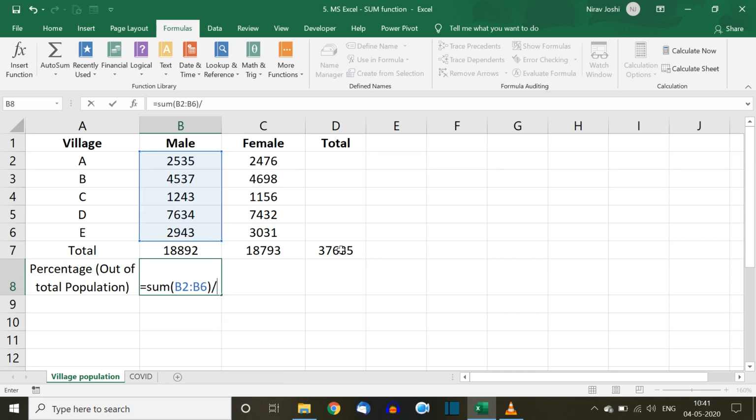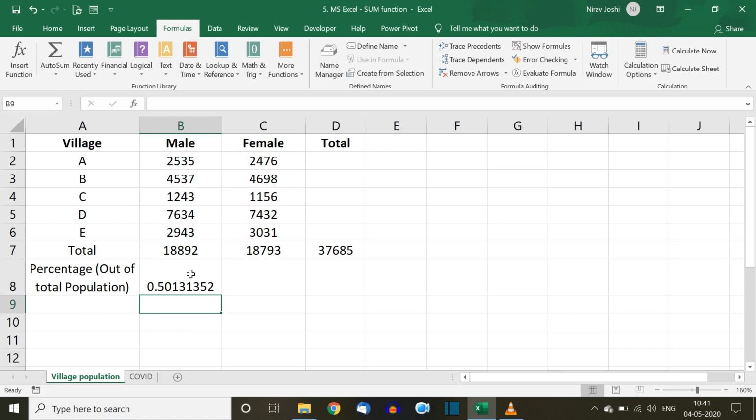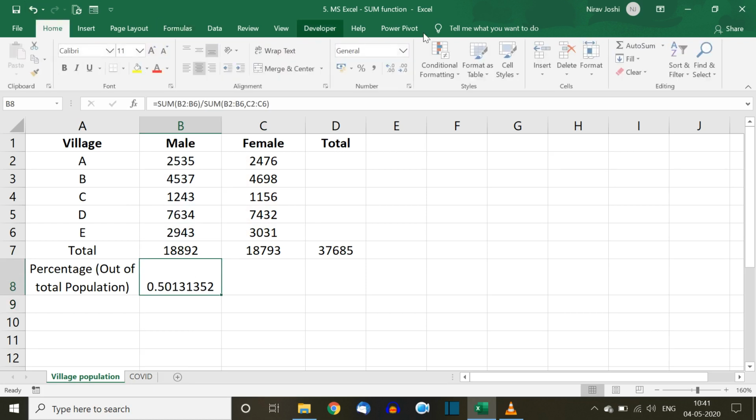I can directly take the data from here, or manually I can go like this: SUM the first range and the second range, complete the parenthesis and press Enter, and eventually I can convert it into a percentage. So it will give me the percentage of male population out of the total population of all the 5 villages.